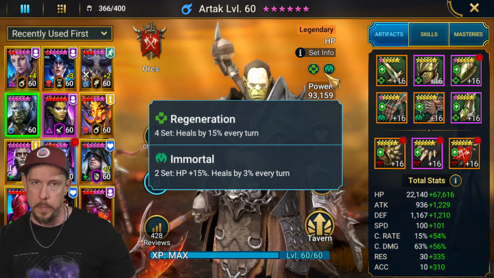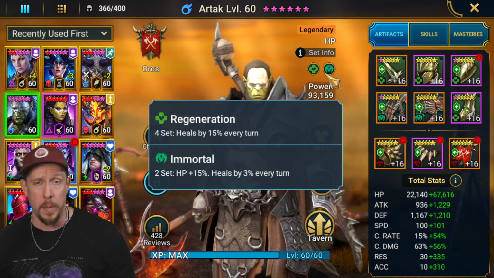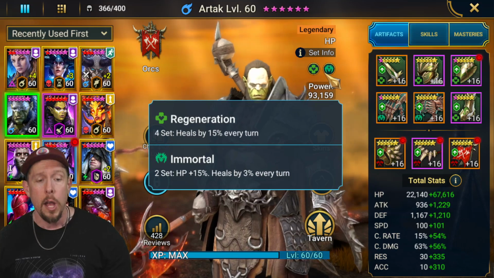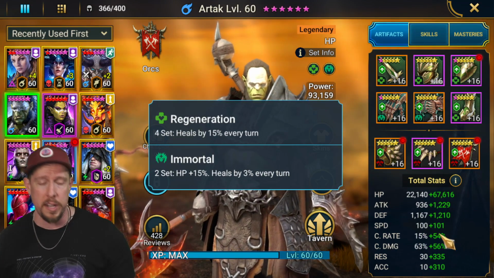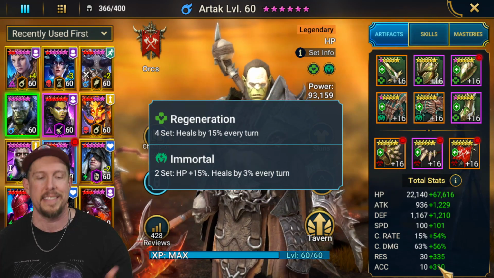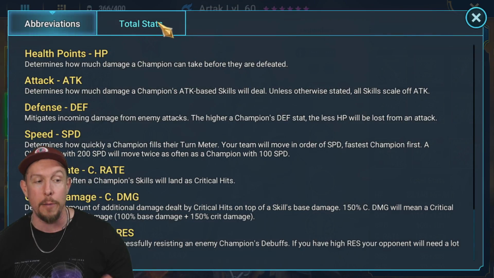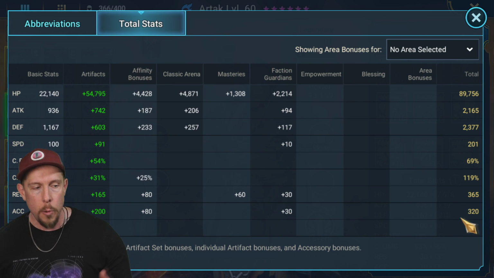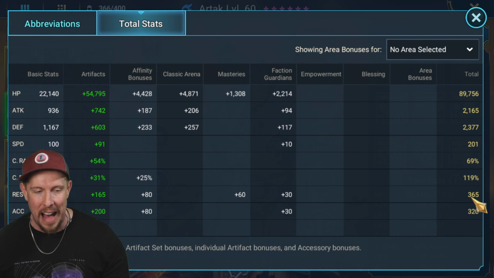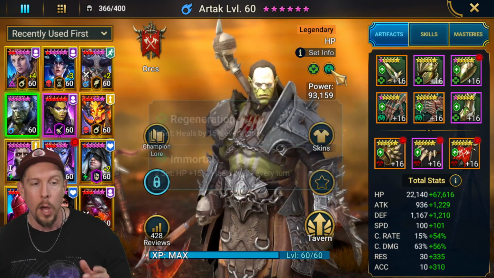Obviously scaling depending on where you are in the game, but for hard level dungeons or just for making dungeon progression anywhere, we sacrifice quite a bit of his crit rate and crit damage. We care mostly about landing his debuffs, landing his burn, his instant activation, and stacking as much HP and resistance on him as possible. So we have 320 accuracy, 365 resist, 201 speed, and 89 on the HP with a